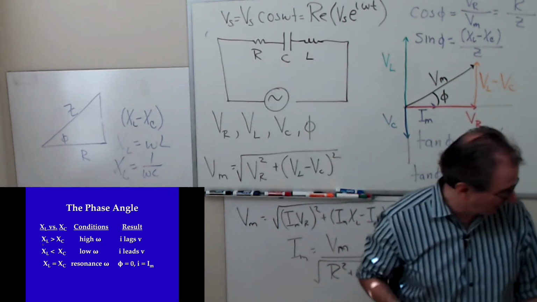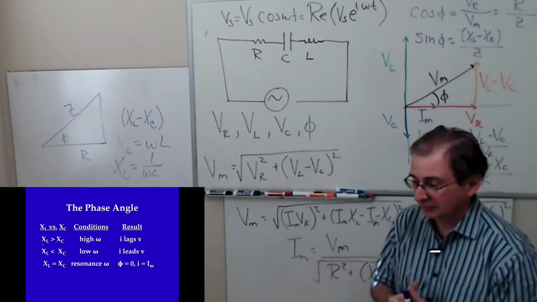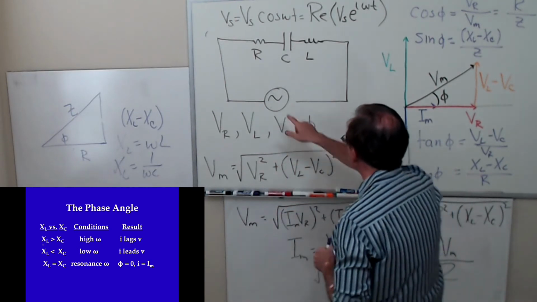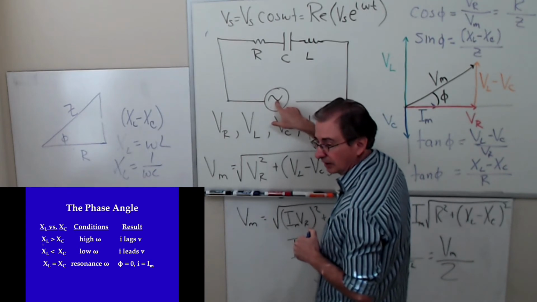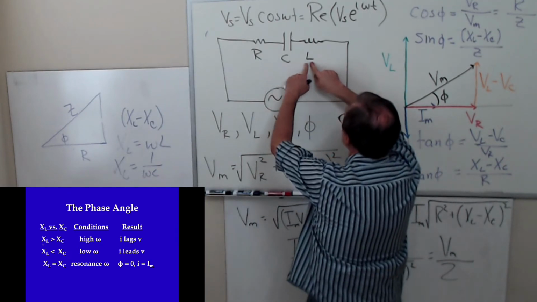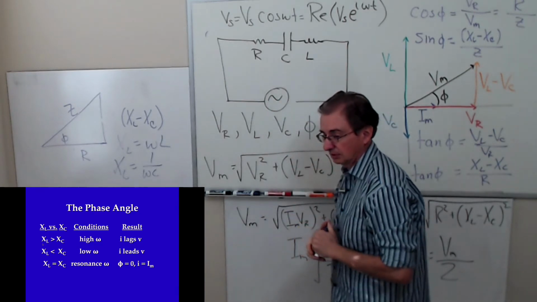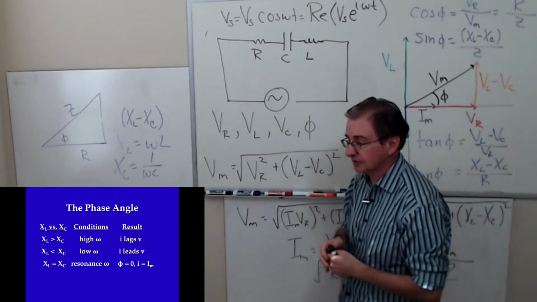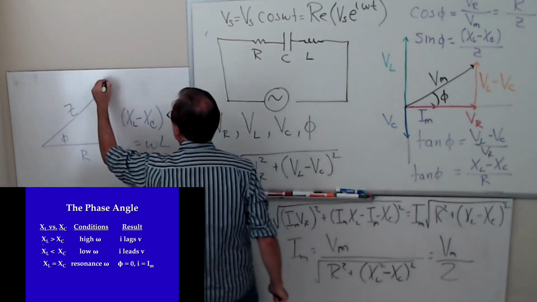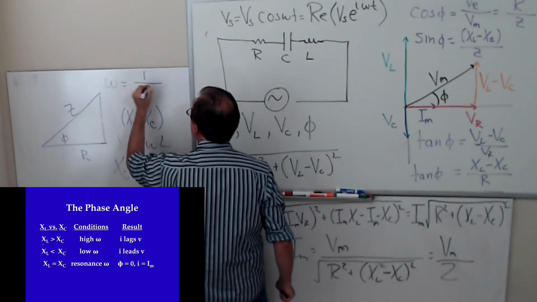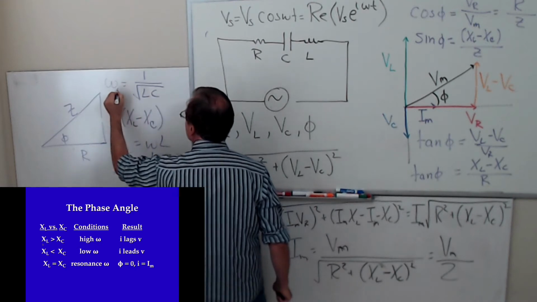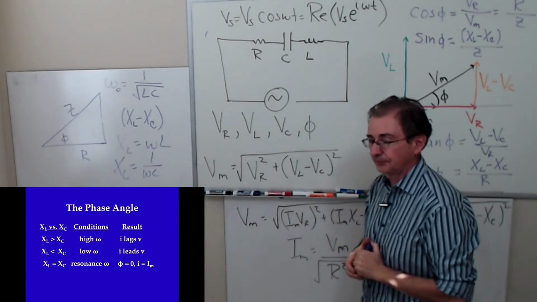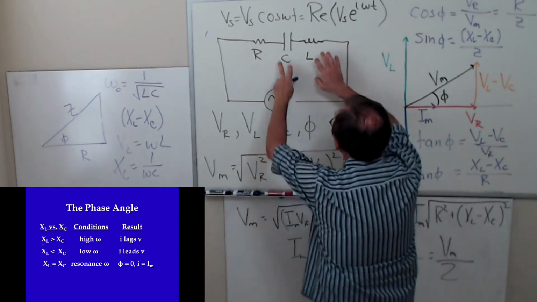And in the last lab, you're going to be looking at the resonance of the system. What that means is that you've set the frequency of your power supply at the frequency at which the energy wants to oscillate between these two. Remember, we talked about the LC circuit, and in the LC circuit, the natural frequency of oscillation is 1 over the square root of LC. I'm going to call that omega naught. That's the natural frequency of oscillation of the system. And when you do that, the sum of these two goes to 0.